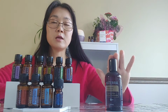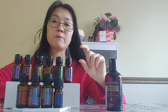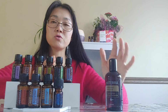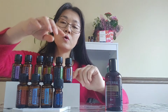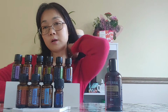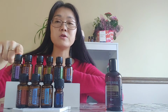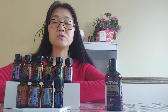You can dilute with coconut oil, either in a small bottle. If you're not sure of the dilution rate, I'll do a video just for that. But in this case, we're just going through very fast. You use a few drops of the coconut oil, one drop of the Deep Blue blend, which is this one here, and then you rub it on your neck or your back or your shoulder. You can also use lavender oil, which helps to relax the muscle, or peppermint is also good to take away the